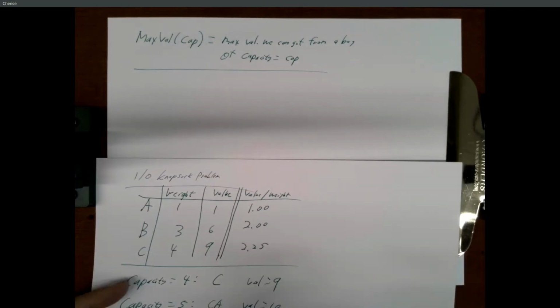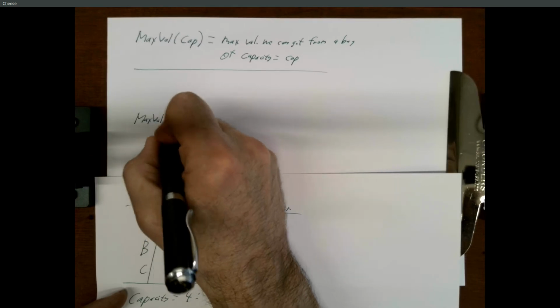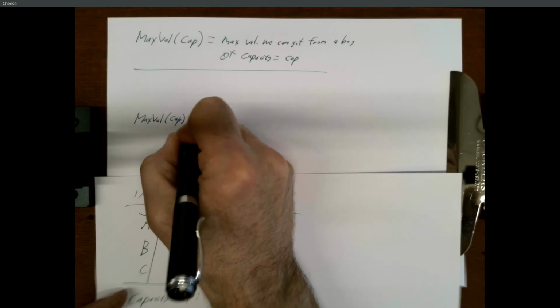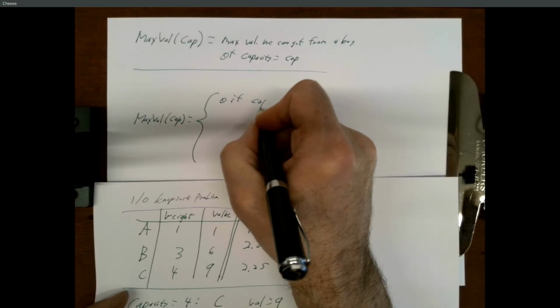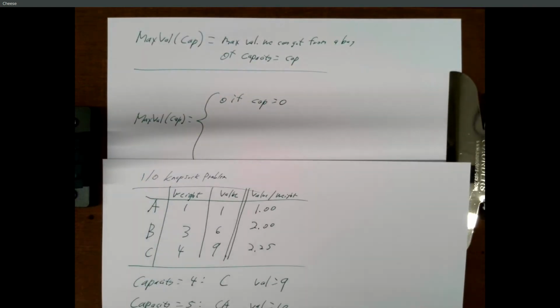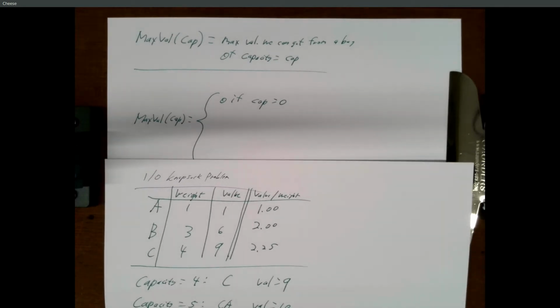And we're going to write this recursively. So a base case is if the capacity of your bag is 0, you can't put anything in it, so the most you can get out of that bag is 0. So that'll end our recursion. Otherwise, we have to do a few calculations. And these calculations are based on the idea that